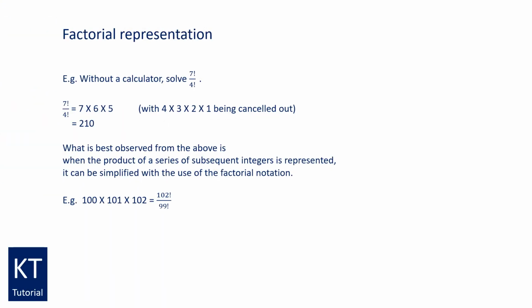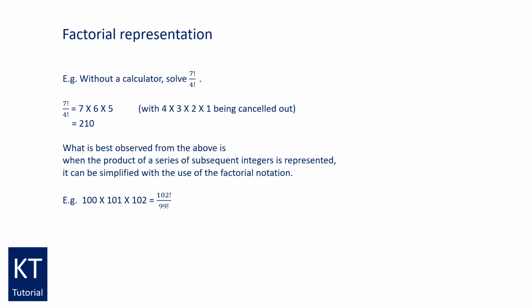How and where is a factorial used? As an example, when we are asked to solve 7 factorial divided by 4 factorial without the use of a calculator, it equates to 7 times 6 times 5, as its 4 times 3 times 2 times 1 has been cancelled out. What is observed from the above is when the product of a series of subsequent integers is represented,